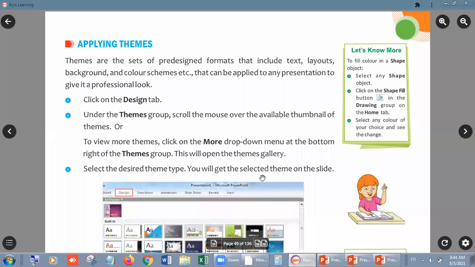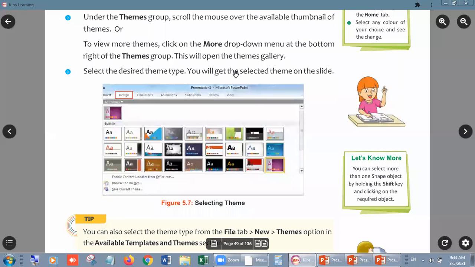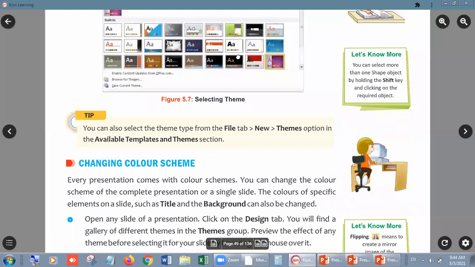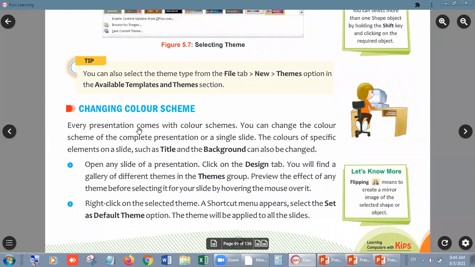Let me show you another option. This is changing color scheme. Every presentation comes with color scheme beta. You can change the color scheme of the complete presentation or a single slide. How you can do this? First of all, you have to go to the design tab.